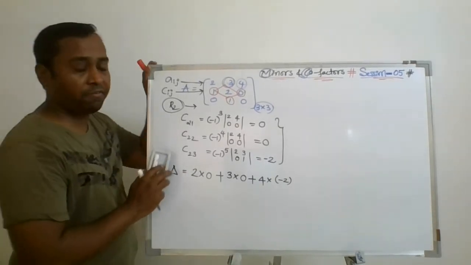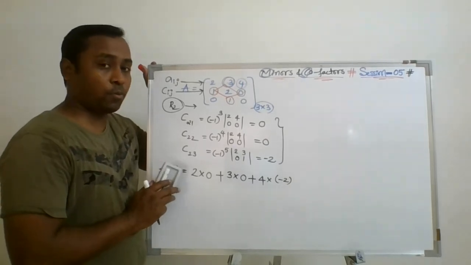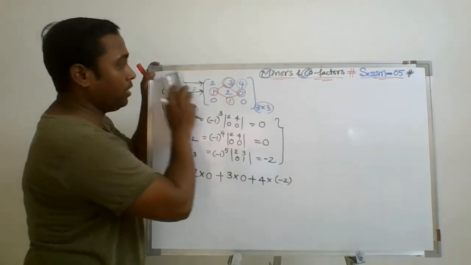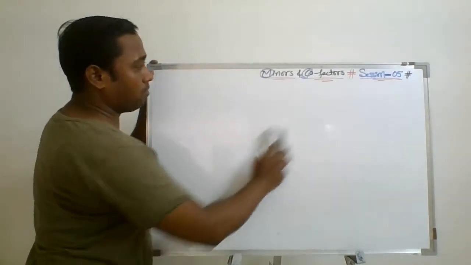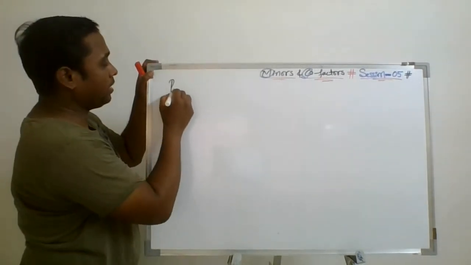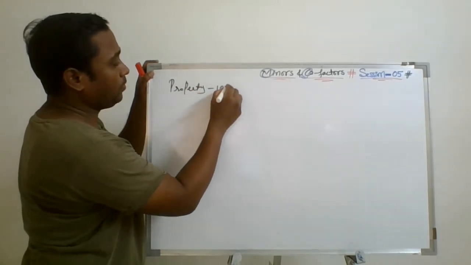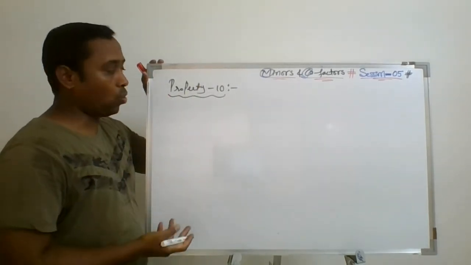Okay, now I am just defining property number 10 here. You may check this property by taking any example from the textbook. I am not wasting my time here to recheck where the mistake has been done. Now I'm just defining property 10. Please do check by taking an example from the textbook. Any matrix you can take on your own also.